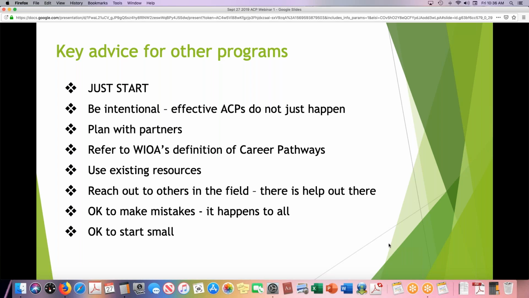But at that meeting yesterday there were probably 15 of us in the room. Many of the Rochester Technical staff were there, and they all said the same thing: start small and start with a very specific program. They all recommended CNA because it's a short-term certificate, but once you have that, you can move on.